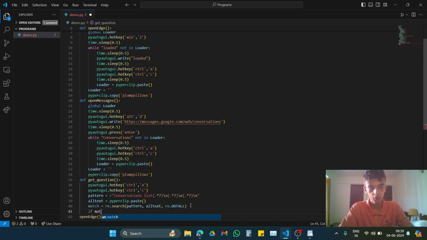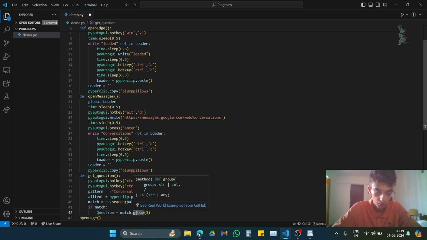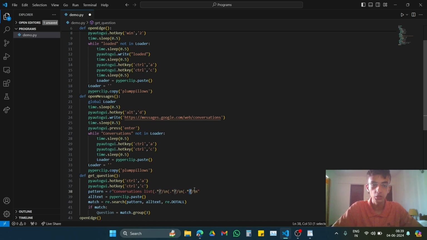So if there is a match, we want to define a new variable called question and store, as we discussed, the third group. So group is a method that belongs to the match object, and depending on the number you specify, it can target the specific group. A group is nothing but something within a parenthesis. So the third group is the group that we found out would have the question, and this third group is